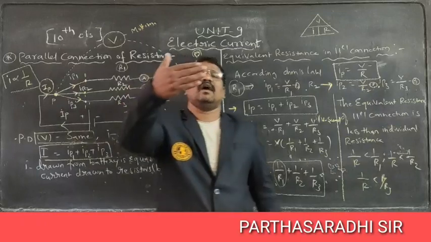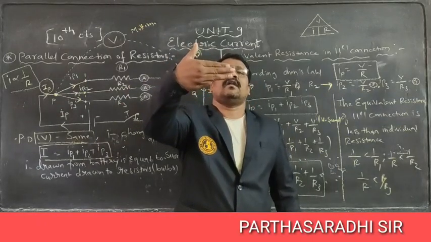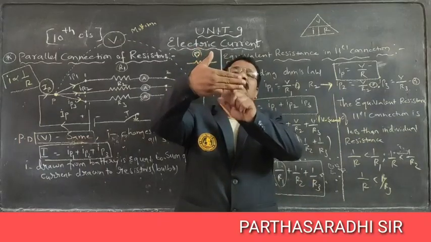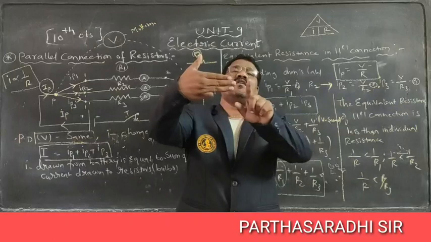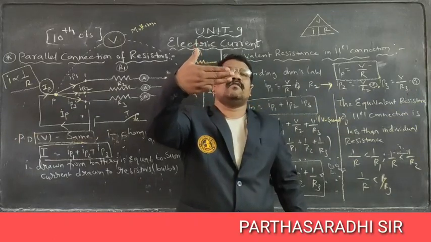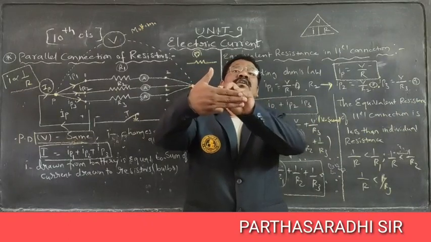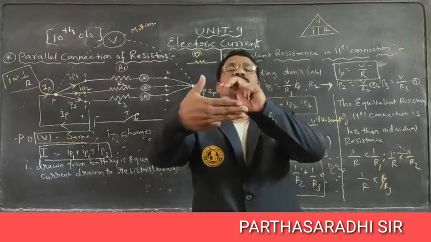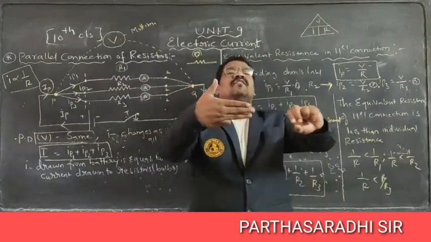Why? Because when we are connecting three wires in parallel connection, what does it mean? The width is increasing for the values. As it is a material made up of metal, the free flow of electrons will be more. It is one wire, this is another wire, this is a third wire. So the width is increasing gradually. As the area of cross-section increases, the free flow of electrons to that particular wire gradually increases. Therefore, more current will flow.